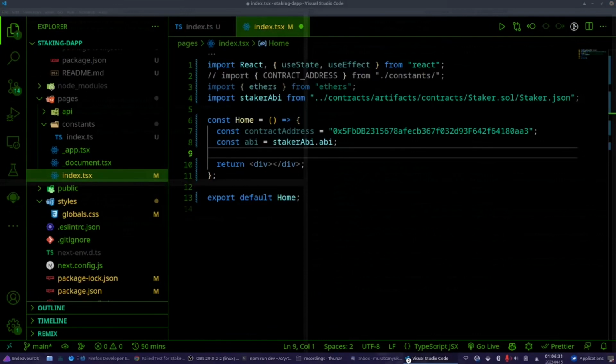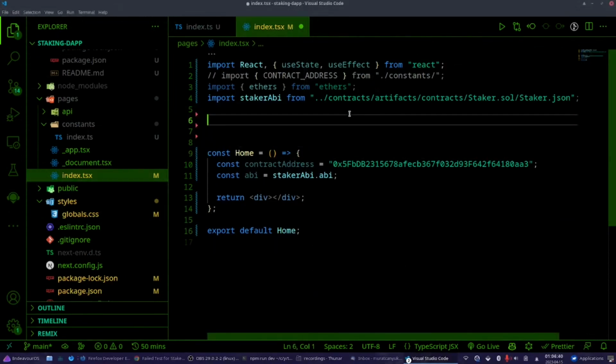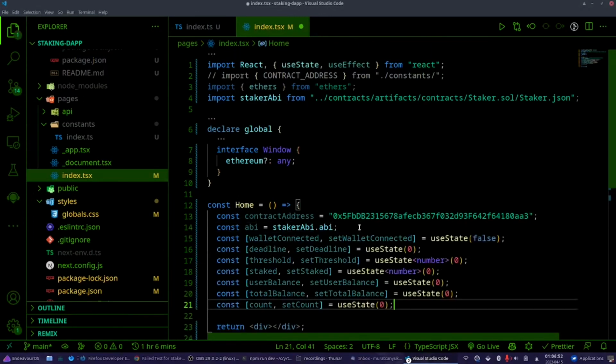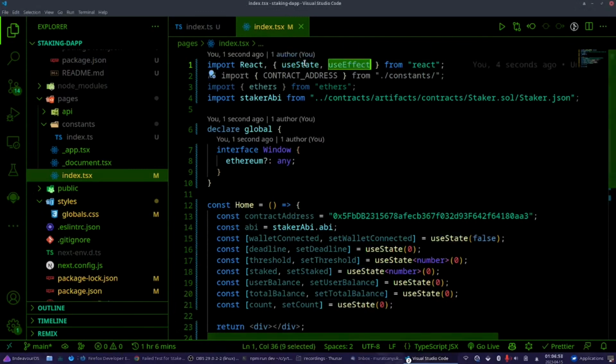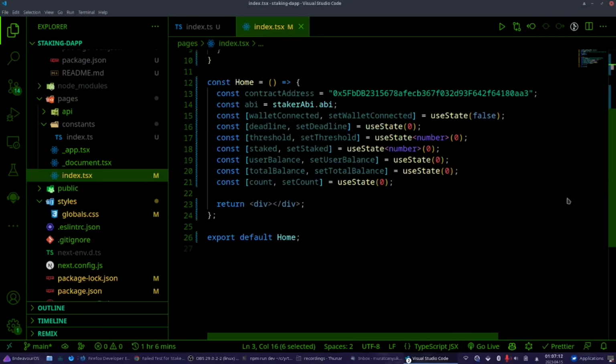Now we have to do certain things. We have to declare a global because we are using TypeScript. Otherwise we are going to get errors. Now I'm going to put some stuff here. So first of all, from React we get the useState and useEffect hooks, the holy duo, the most important ones. We imported the ethers library, we get the Staker ABI, we get our contract address here, and here I'm defining